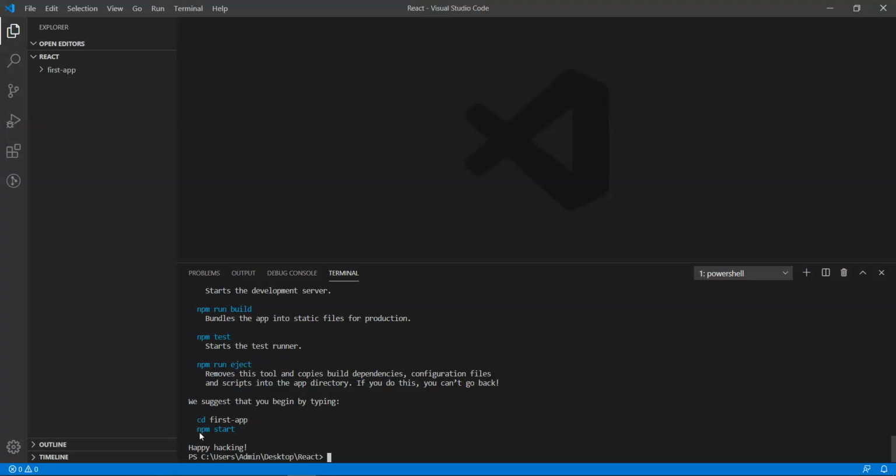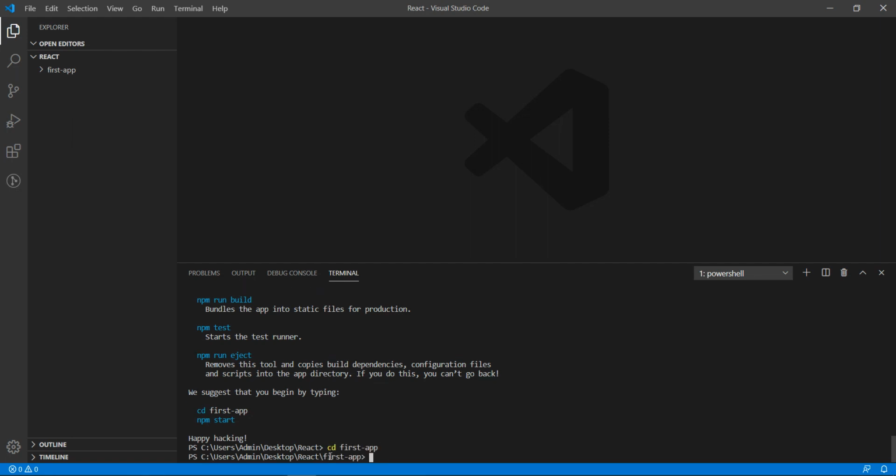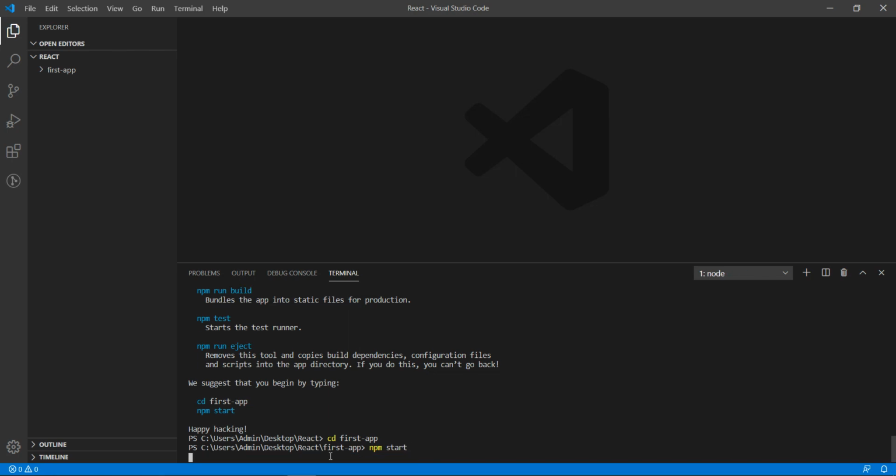As you can see here, they suggest we follow these commands to run the project. So let's jump into the folder using cd first app. I am writing the first command, and now we need to write the second command, npm start, and hit enter to run the project.